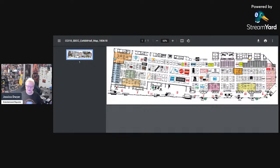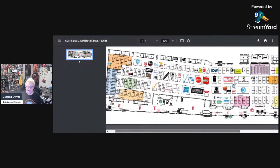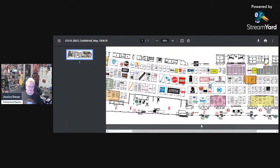This is kind of like peak Comic-Con at this point, when you had these giant areas in the middle, which is the prime real estate. I'm surprised I don't see it on here, but I could be missing it. Go a little bit bigger. At one point, Sci-Fi Channel had this horrendous inflatable thing that they'd put over here, and I think that ended just prior to this year. So this is 2018. Then we're going to go back to 2019,